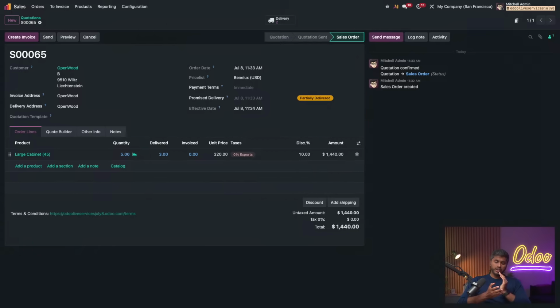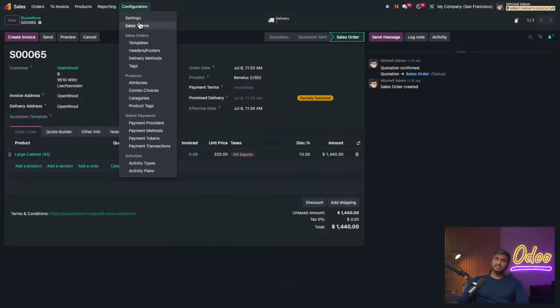Okay, so you have predefined package numbers, I'm guessing, or barcodes. Okay, and you have certain products that you need to put in that specific pallet package. You want to assign a specific barcode to that package. So we have actually packages within Odoo. So let me show you. So if you go to configurations and settings,